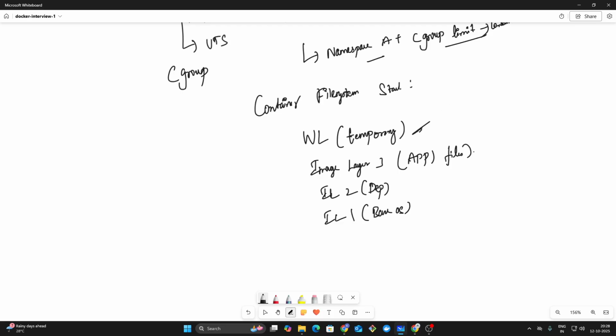So how to answer in an interview? A container's file system is made up of multiple read-only image layers stacked together, plus a writable layer on the top. Any changes like logs or temp files go to the temporary layer. That's why containers are stateless by default unless we use volumes. Okay, so the next question is,